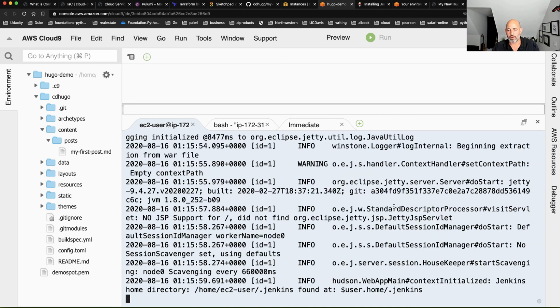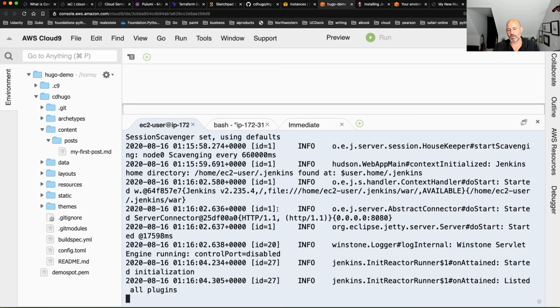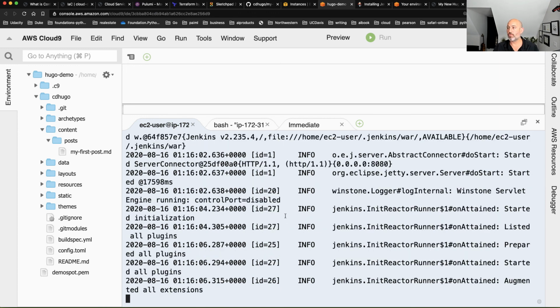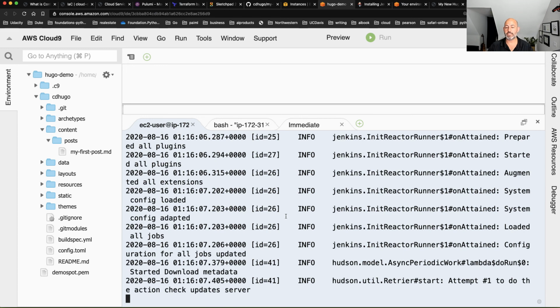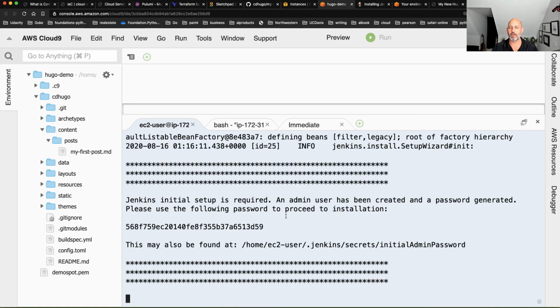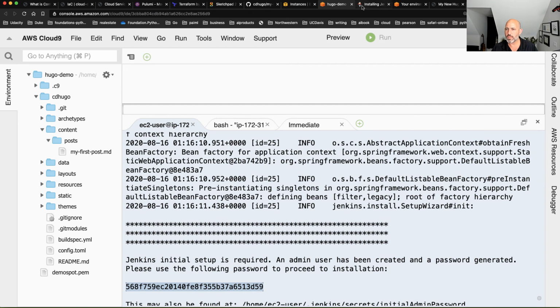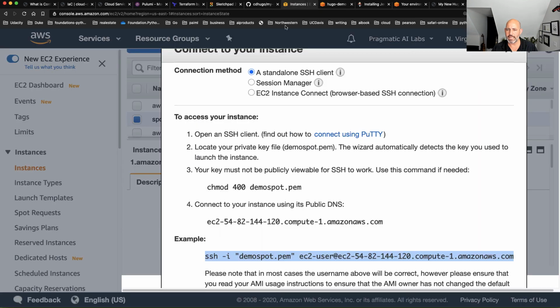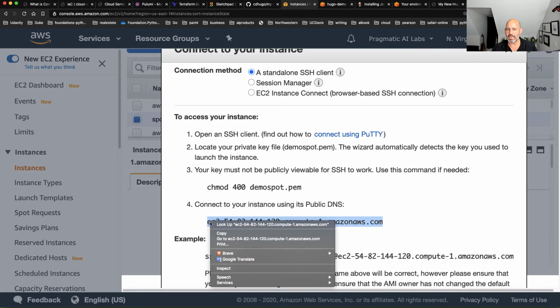And from here, it should give me a password that I can use to set it up. What's cool about this is, if you wanted to set up a really sophisticated Jenkins system with all kinds of advanced topology, you could do it. But from here, what I'm going to do is I'm going to go to the name of my instance, which is this, and I'm going to go to port 8080.